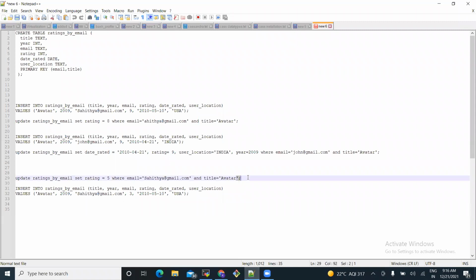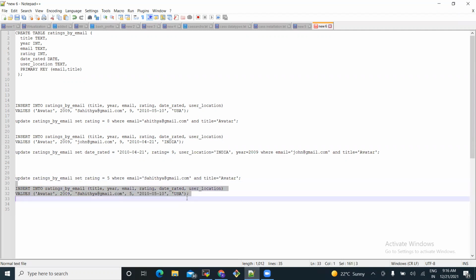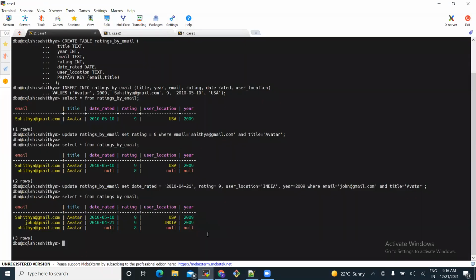Now let's update a row using the insert command instead of the update command. I want to update the rating to 5 for sahitya@gmail.com. We should usually write this with the update command, but instead I'm writing the insert command, and let's see how this works. I'm using the already existing primary key now. So let's see how it works.